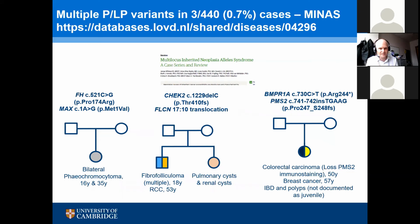Feasibly, there could be an enhanced effect, so a more severe cancer phenotype as a result. They may act independently, so each one acting as if the other one wasn't there, and that tends to be the picture when you look at the cases reported in the literature. There could feasibly be a protective effect from synthetic lethality, but that would be very hard to identify clinically or in research studies. And these are just a few examples of the cases from this particular series that we